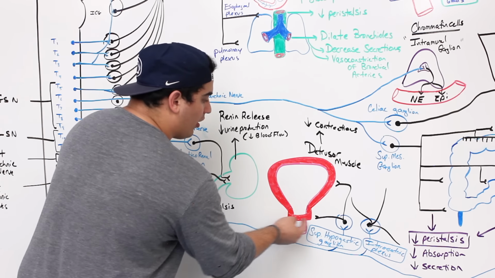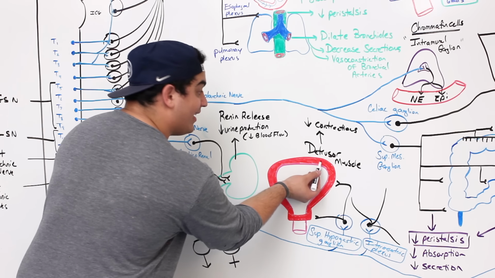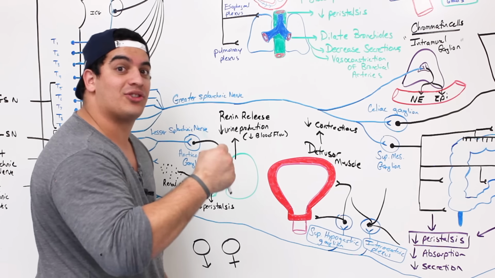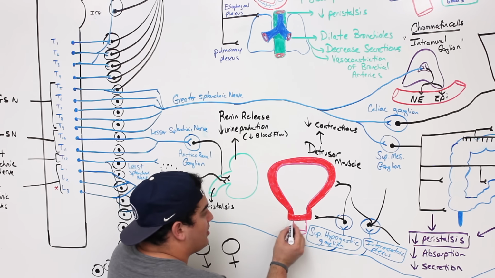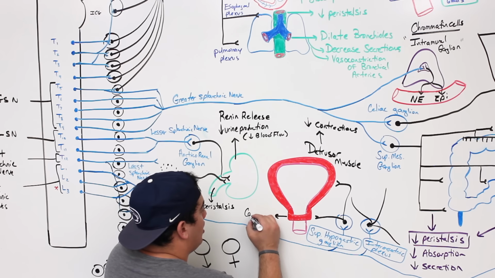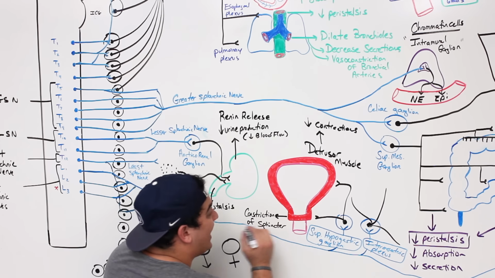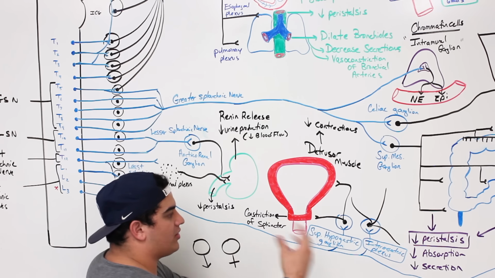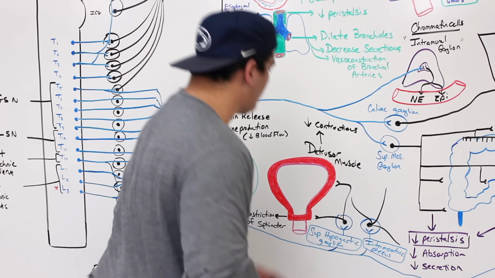All right, down here you have the internal urethral sphincter. Now this one's different. Now this one actually, what happened? It did not contract. Guess what's going to happen here? The sucker is going to constrict, prevent you from peeing your pants, right? Or actually almost peeing your pants. So there's actually alpha-1 adrenergic receptors in this guy, but it's going to act on this guy, the internal urethral sphincter, and actually cause constriction or contraction of the sphincter. But remember, this is the internal urethral sphincter, not the external. External is under voluntary somatic control. All right. Now,